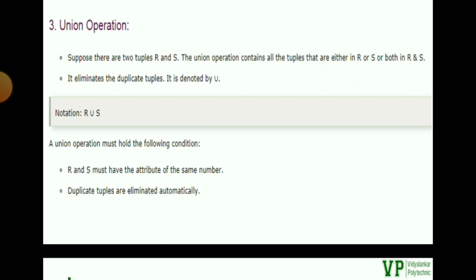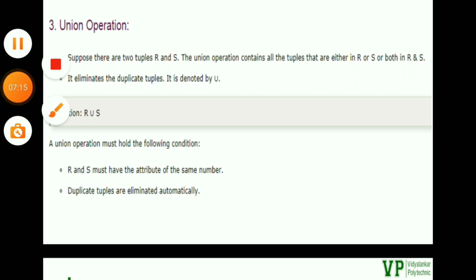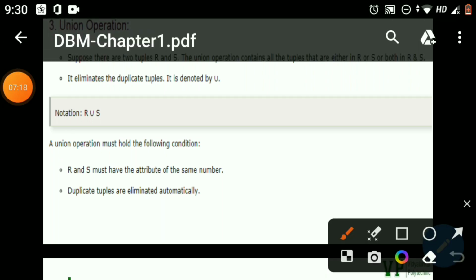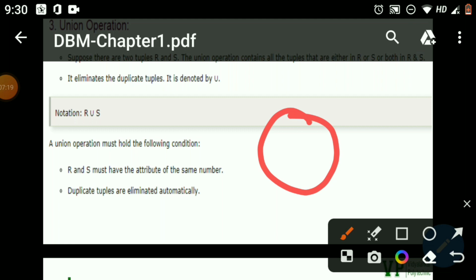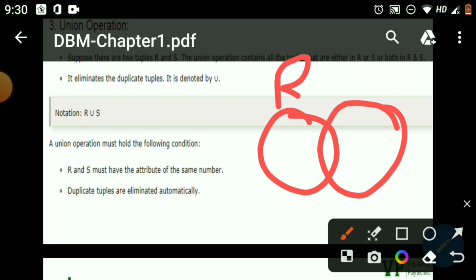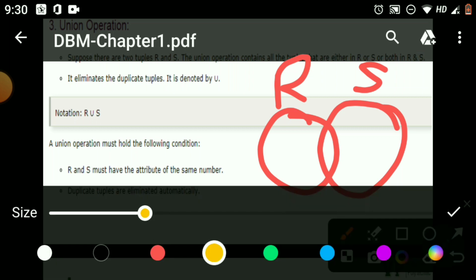For an easy way to remember, suppose this is one table and this is another table. In both R and S, we have 1 as a common value.